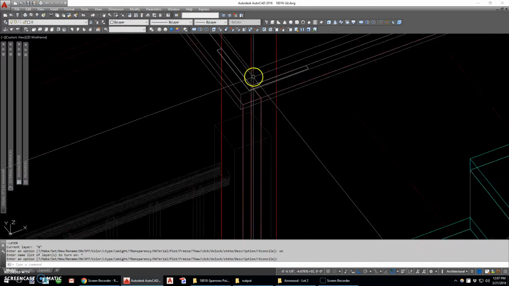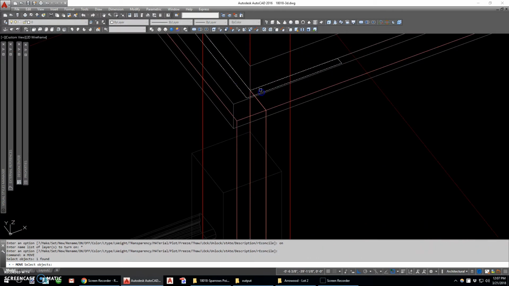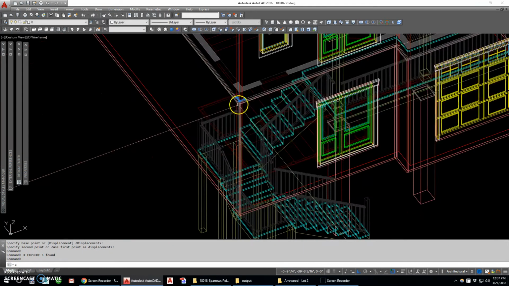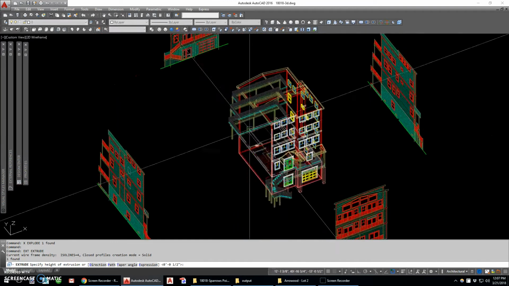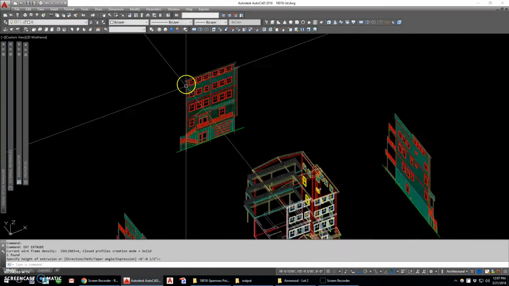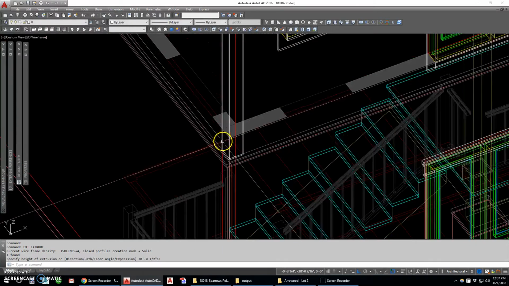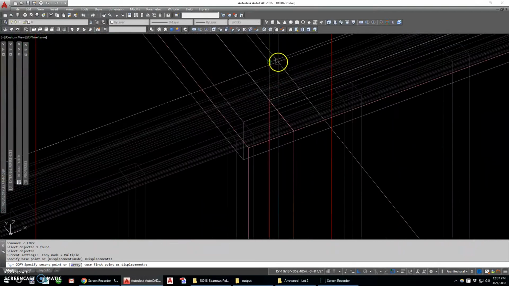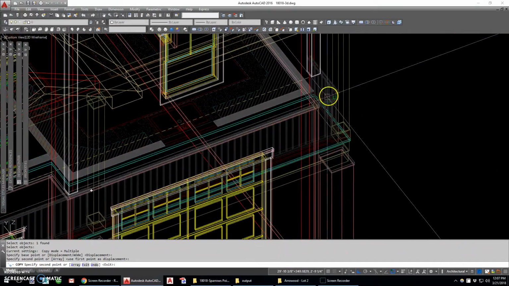Now I have this block I brought in here that I'm going to move up to the top of that cap. That's a block. I'm going to explode it. Now it's a closed polyline that I'm going to extrude as high as it goes per the elevation. So I'm going to extrude it all the way to there. Now I could probably copy that one to any outside corners I have. I'll copy